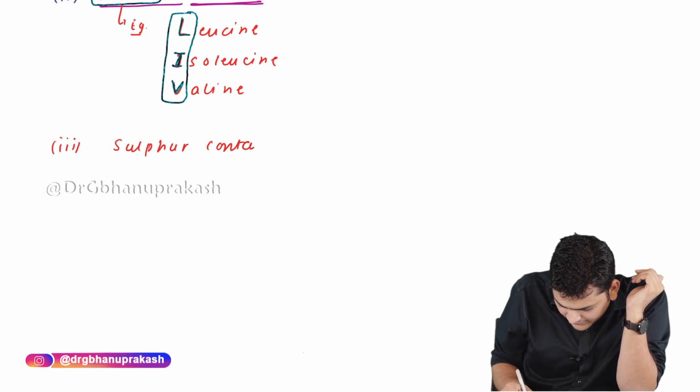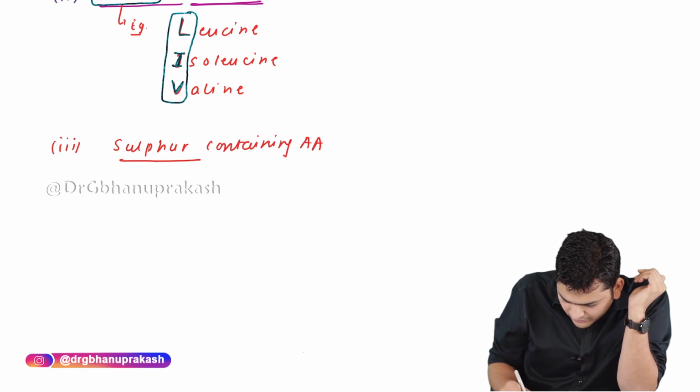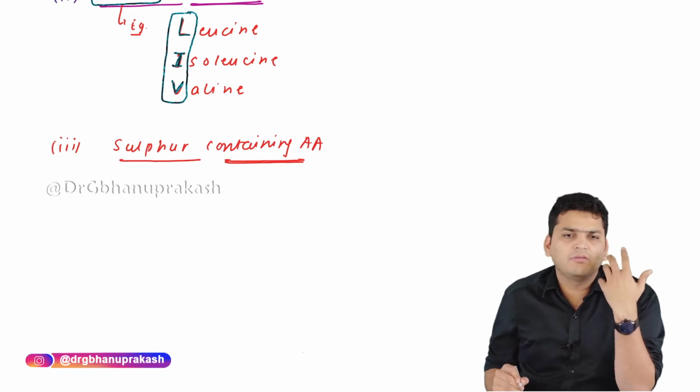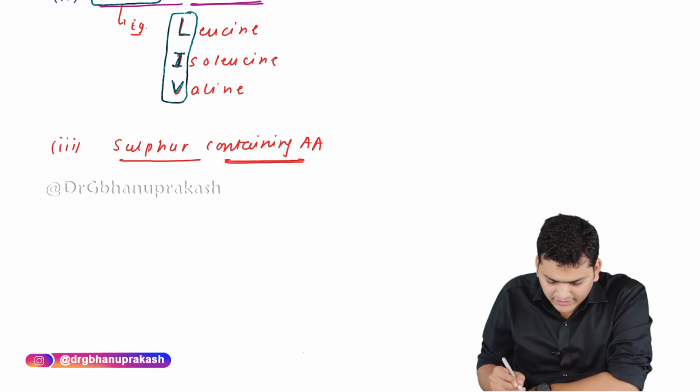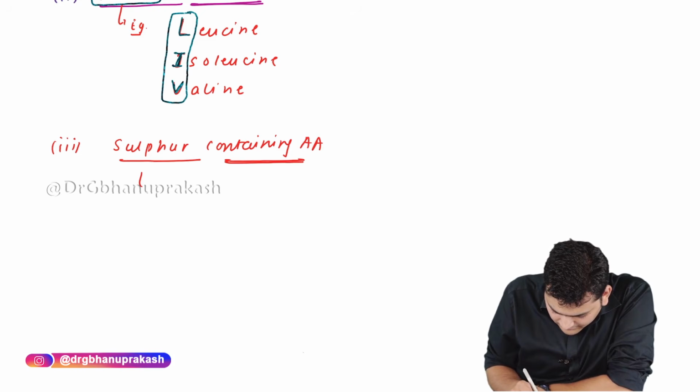Sulfur containing amino acid means that there is sulfur in the R group. That is called a sulfur containing amino acid. The examples are